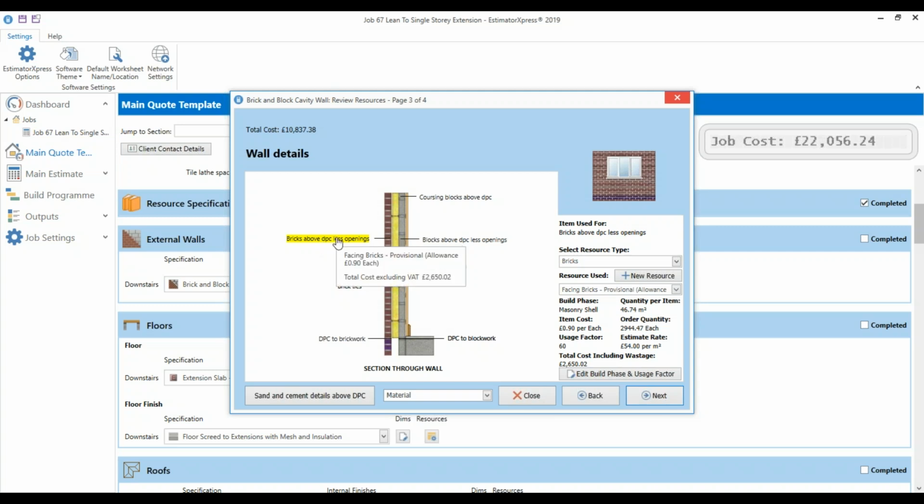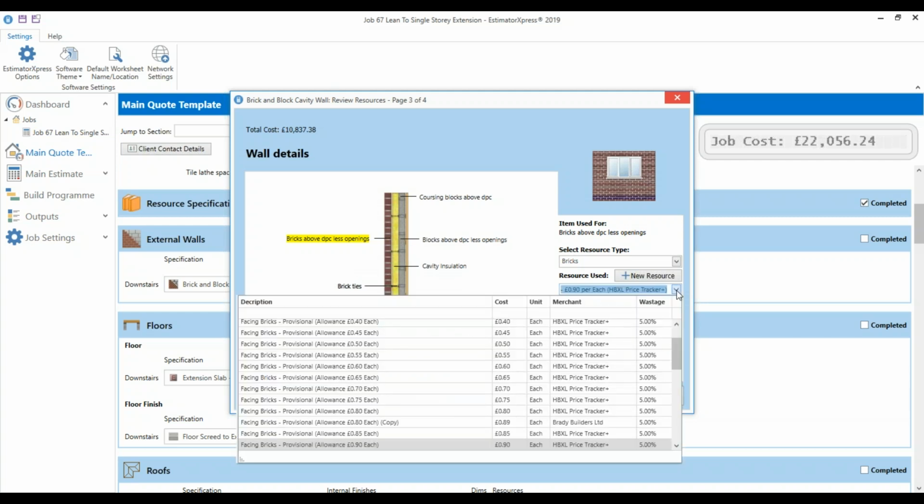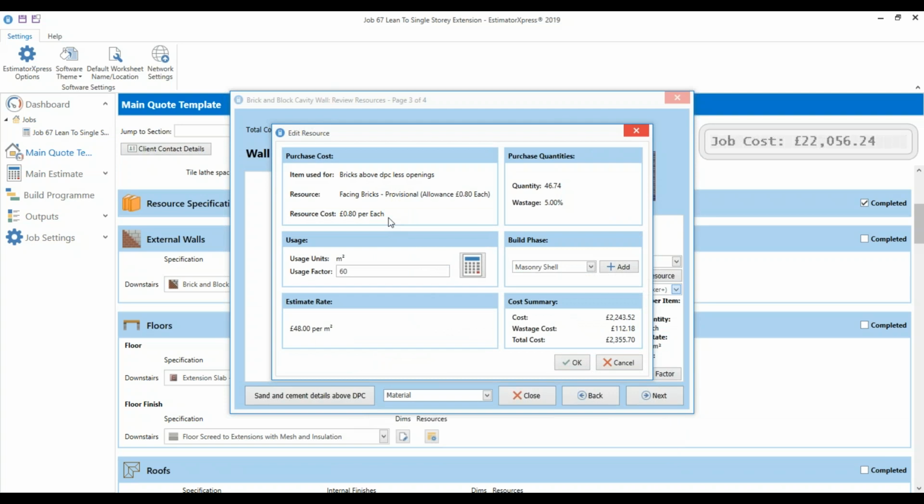So me hovering over there is actually telling me what resource we've used, and that's a resource here. Now if I want to, I could change that back to my 80p brick. Okay, so I'm going for my 80p brick again. Now what the software is doing, and this is what we've done as a company and what our developers do, is the calculation at the heart of the software which estimates the